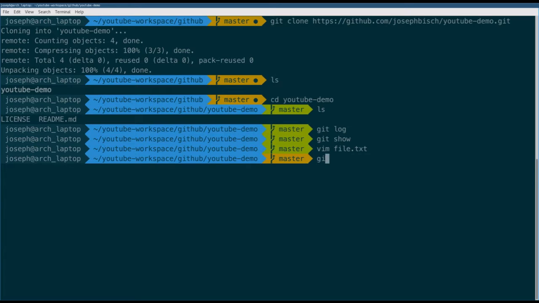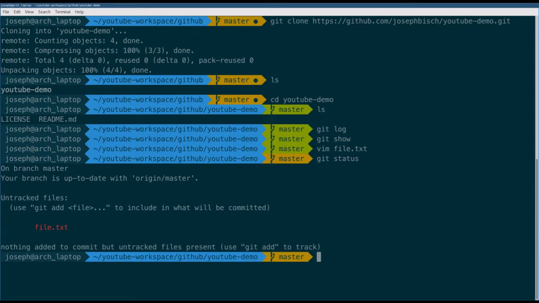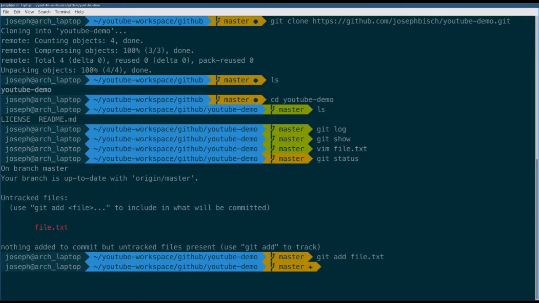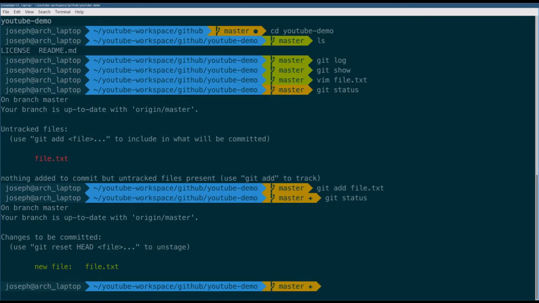So now, I haven't shown you this yet, but if you do git status, it will show you the current status. Here we see this one file, file.txt, is an untracked file. What that means is it's never been added to Git yet. So what we do, if we do what it says right here, git add and then whatever the name of the file is, git add file.txt, and then we do another git status, we see that